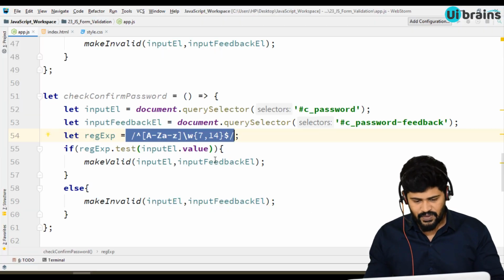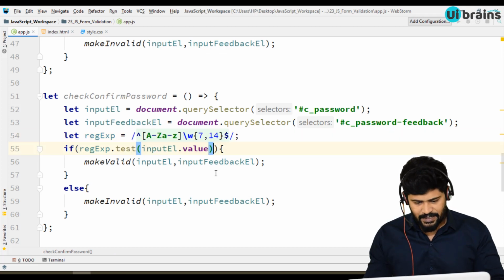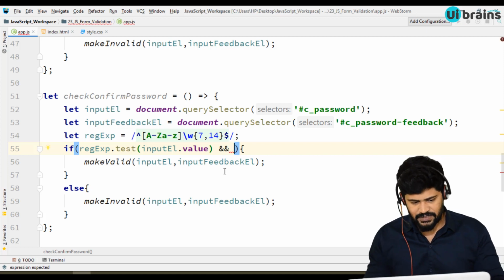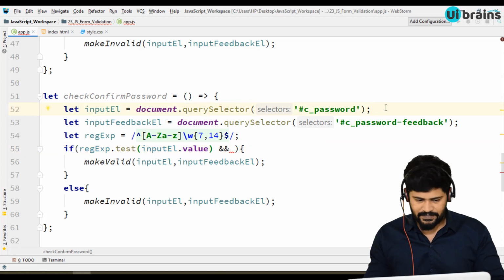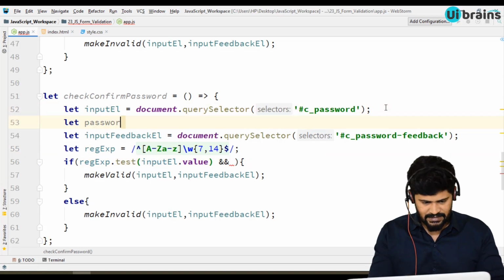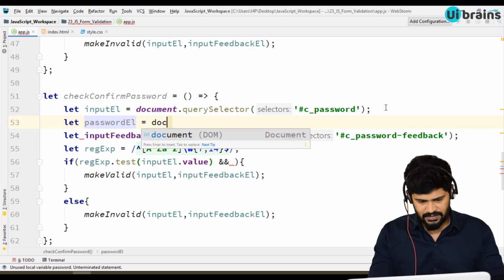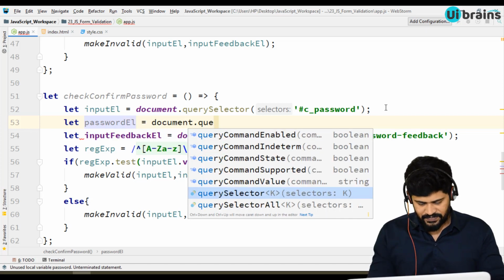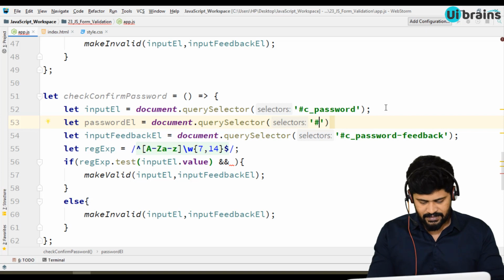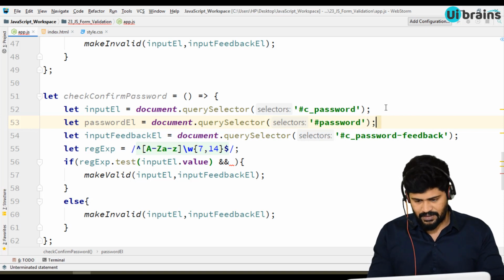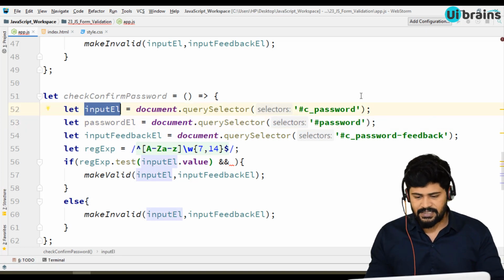So what I do is along with testing, I also check the value of the password. If you want to get the value of a password, you need to get the password field. So let passwordElement be equal to document.querySelector of hash password. Okay, I got the password, and input element is actually the confirm password.